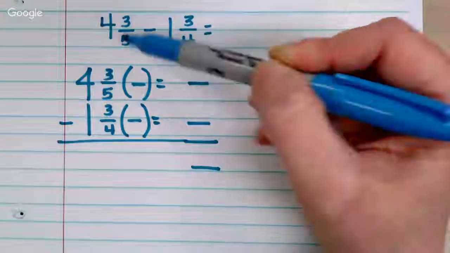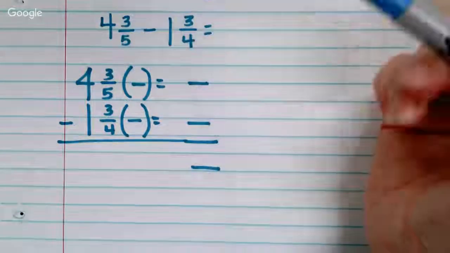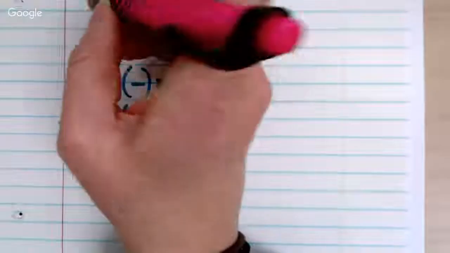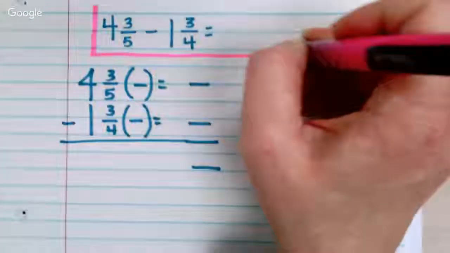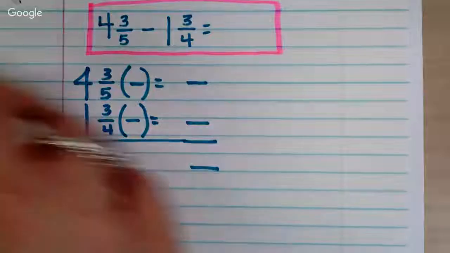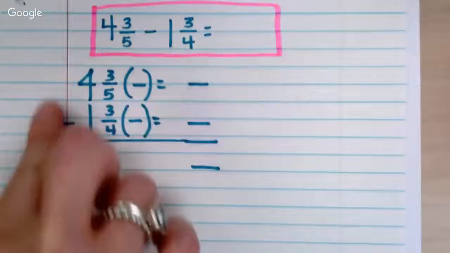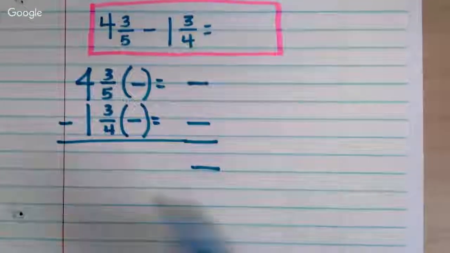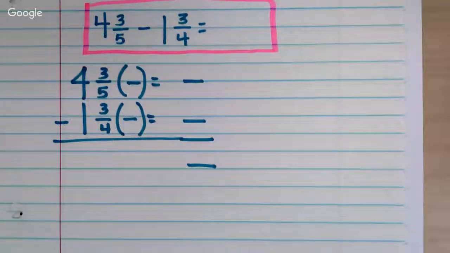I know this is possible because this value is larger than this value. Let me box this, because this is our starting point. Underneath it is just the way that we're going to compute, the way that we're going to figure this out. Well, I have